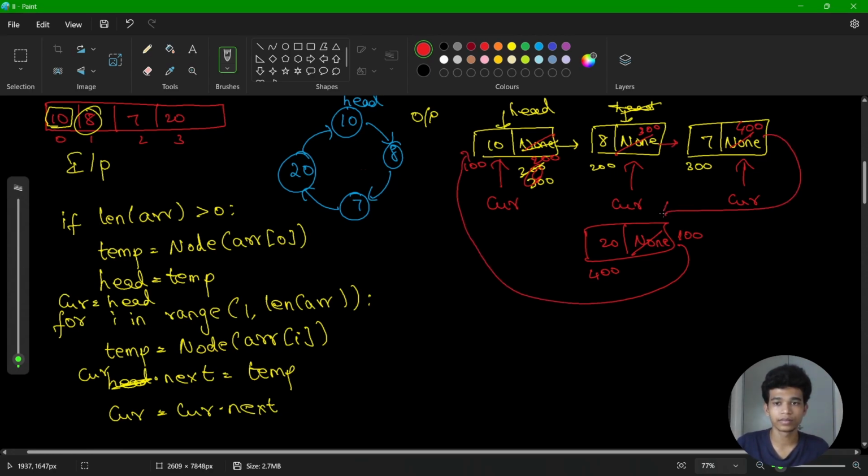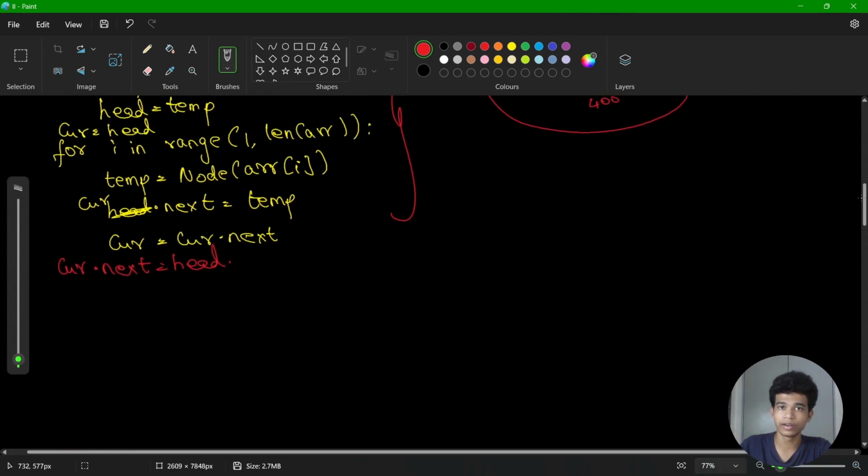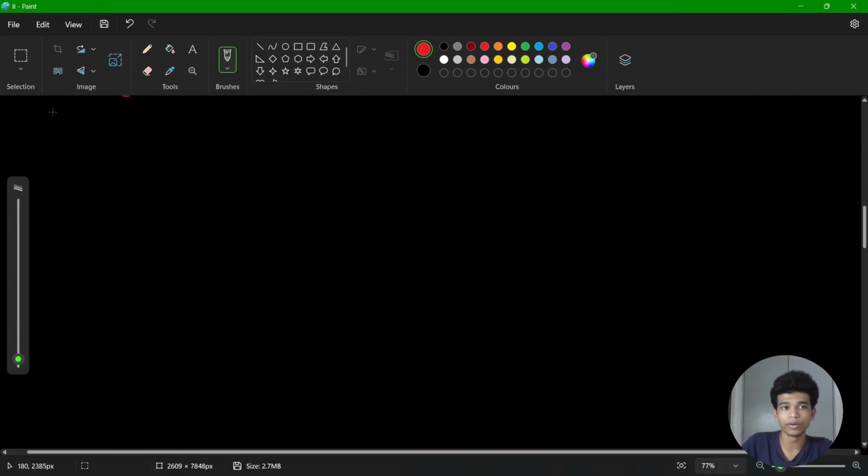Can you understand this? Right? So at last we want to put what? Current dot next is equal to head. That's it. So this is my entire code to convert an array into a circular linked list. Fine. Now we are going to see about what? Printing